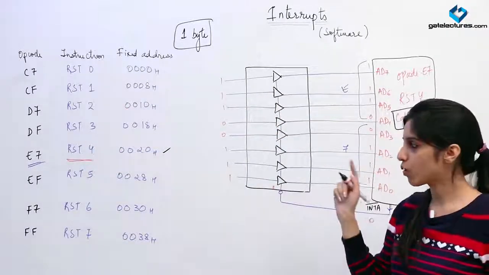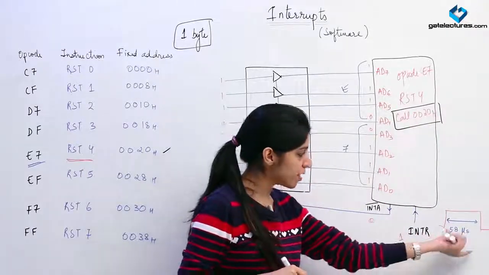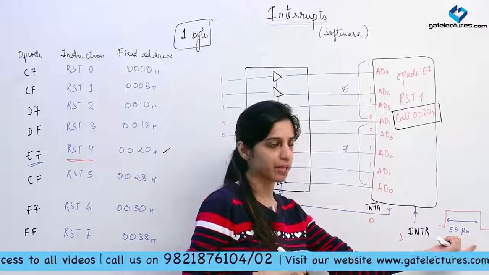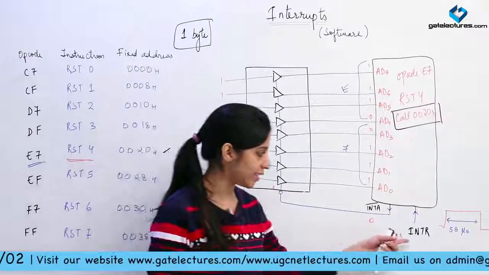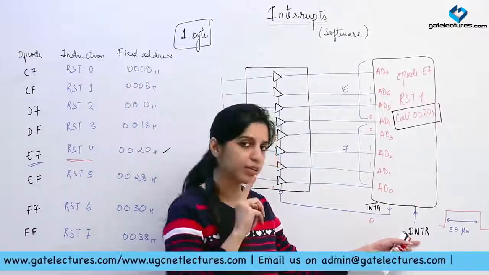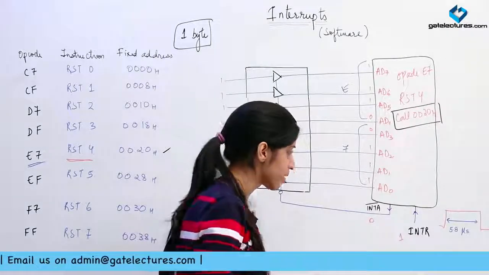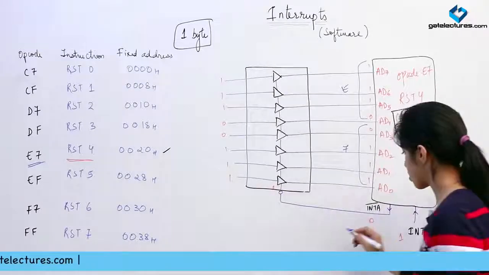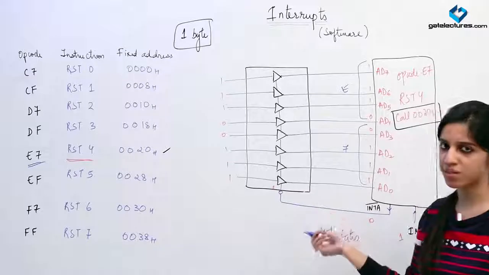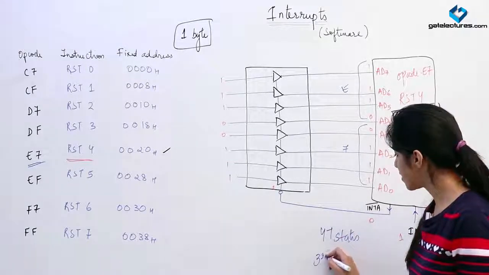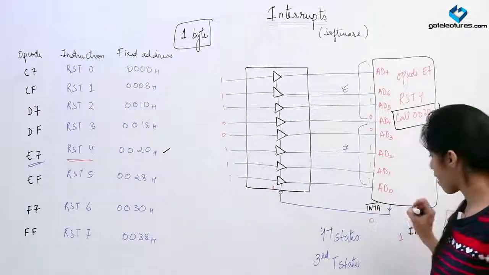One more thing you can note here is that this INTR has to be a minimum pulse of 5.8 microseconds. Why so? The microprocessor is going to check INTR before the last pulse of the current instruction. Suppose it is executing an instruction of 4 T states. In the third T state, in the third clock pulse, the microprocessor is going to check if INTR is